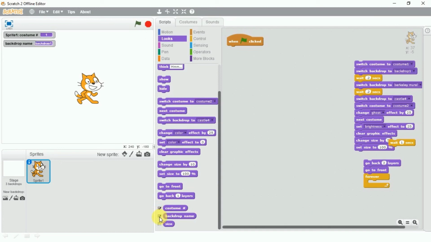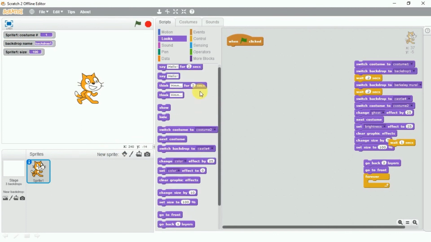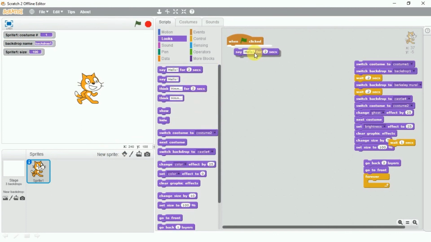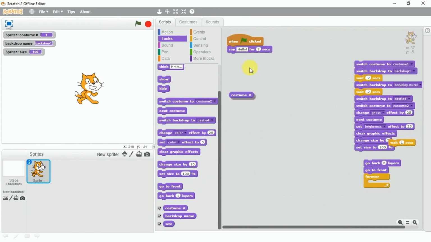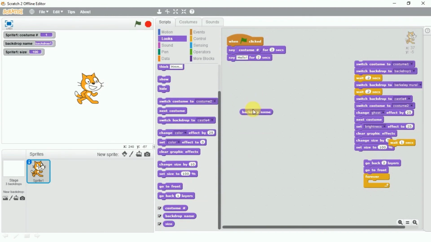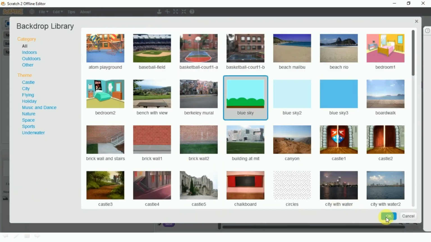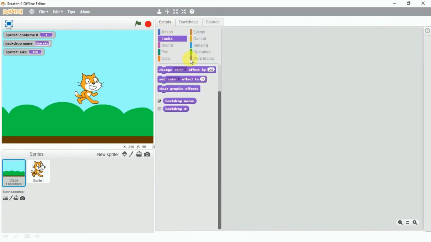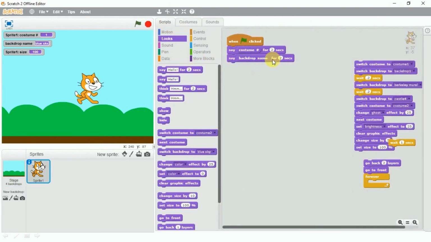So this is our report blocks. It would be reporting these values. Okay, let's see how this works. If I want my sprite to report the costume name, it would be reporting costume 1. If I want my sprite to say the name of the backdrop, it's backdrop 1. Let me choose other backdrop. If I choose this, now if I want my sprite to name the backdrop, let's see what it tells,